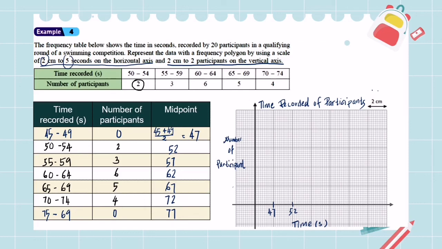That is the meaning of 2 cm to 5 seconds. So the next, 57, 62, 67, 72,